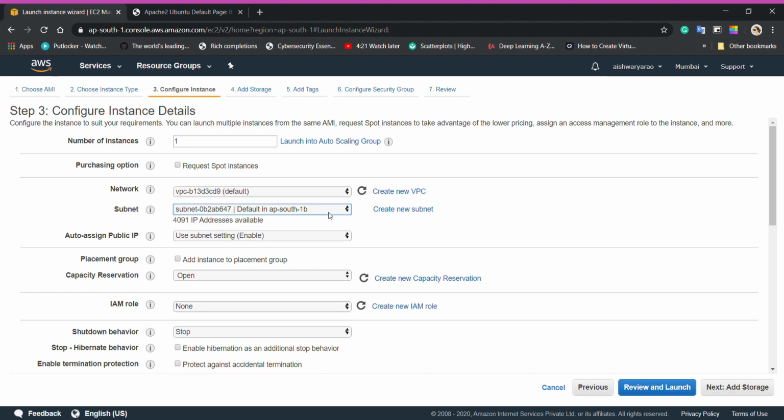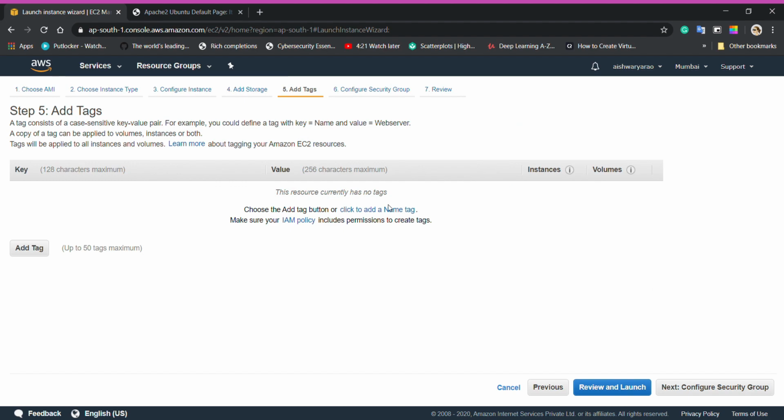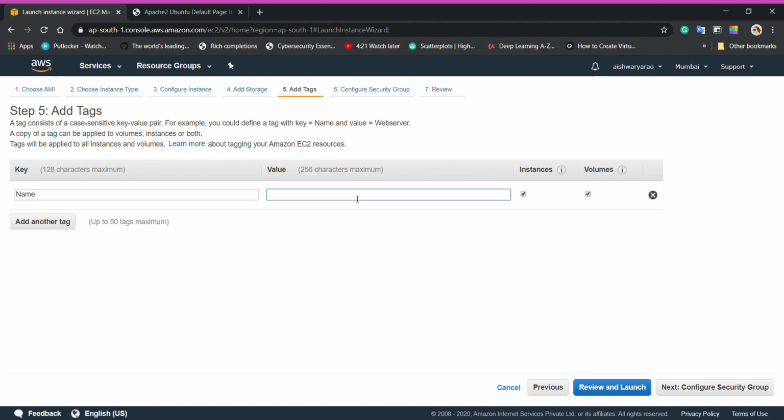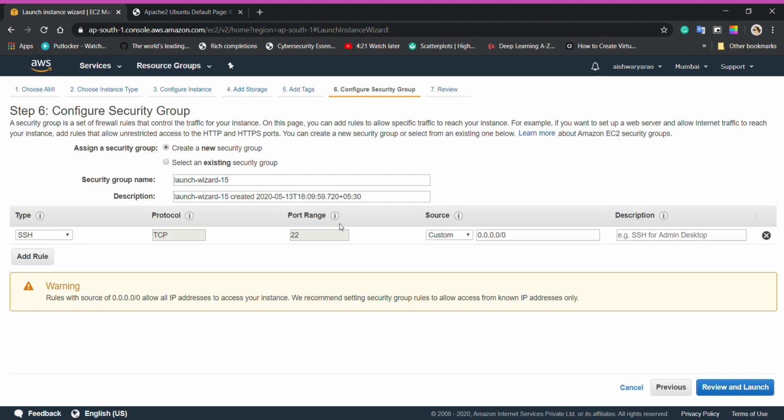Before it was South 1A in Mumbai region. Just give the name as AWS instance 2. You can give anything in your name tag. I'll change to all traffic and source is anywhere.